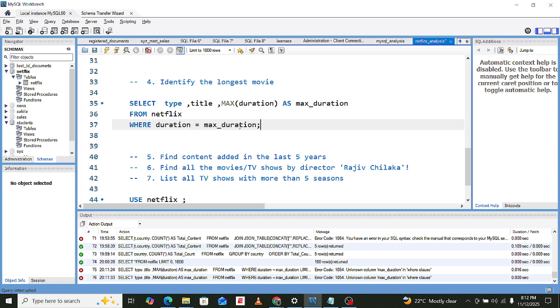And what we should put here is maybe what she was trying to do. Let me see. I wanted to do where duration is equal to select max, max duration. That is max duration. Select max.